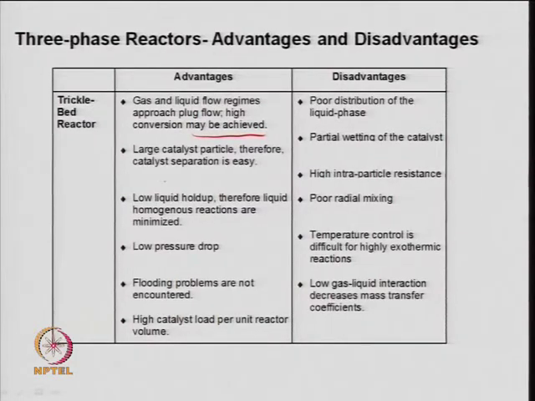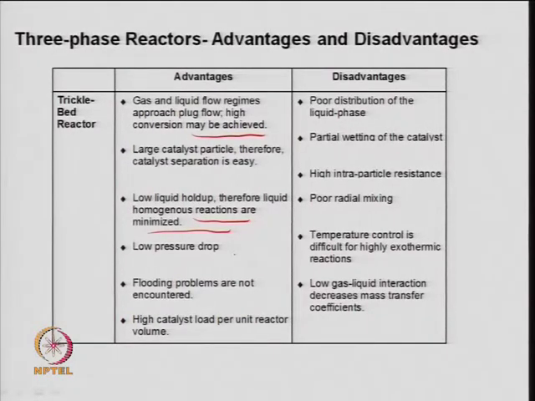So, that is low in the case of a trickle bed reactor, because generally when you have a high flow rate, hold up will be high, and when you have a low flow rate, hold up will be low. Here the trickle bed generally operates at a low flow rate, as I said, it trickles on the surface. So, low liquid hold up, and therefore liquid homogeneous reactions are minimized. That is one advantage, because the liquid is not a large volume. So, secondary reactions which may be possible can be avoided in this case, and so no liquid homogeneous reaction between the liquid phase itself.